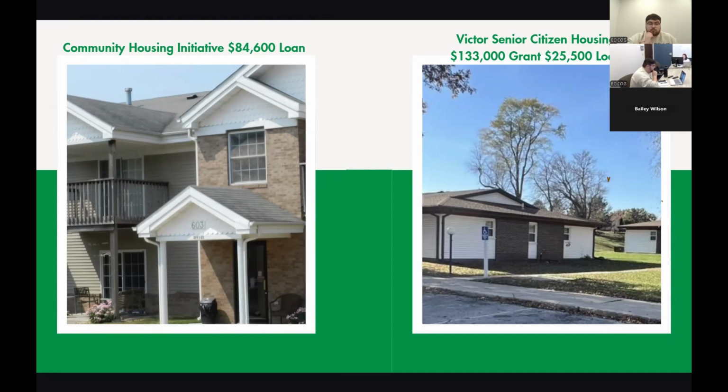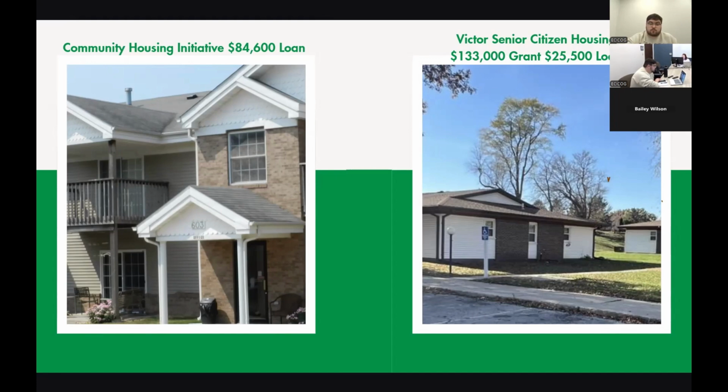They'll be replacing all the major HVAC systems, installing energy efficient appliances in all the units, updating the bathrooms to ADA compliant facilities. These Community Housing Initiative properties are great, so we're really glad to be involved in that in Washington. If I didn't mention that yet, this is in the city of Washington.